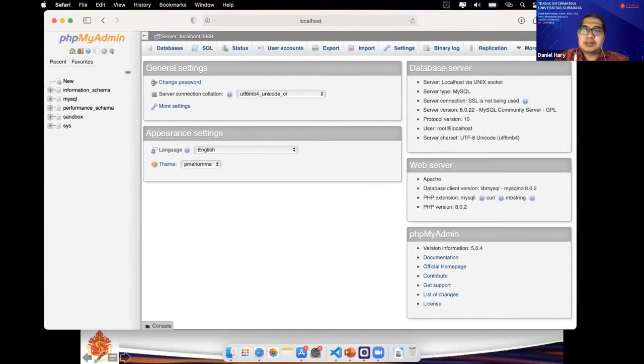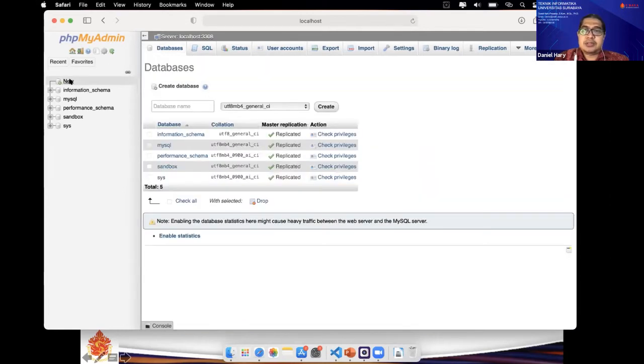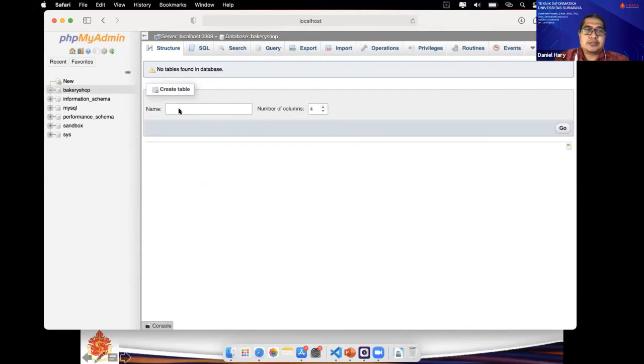And then we create our database for the bakery shop. You can name it bakery shop. Yeah, create the new database. Okay, just leave it empty because we will create the structure of tables and the data by using migration and seeding. Okay, prepare your database.